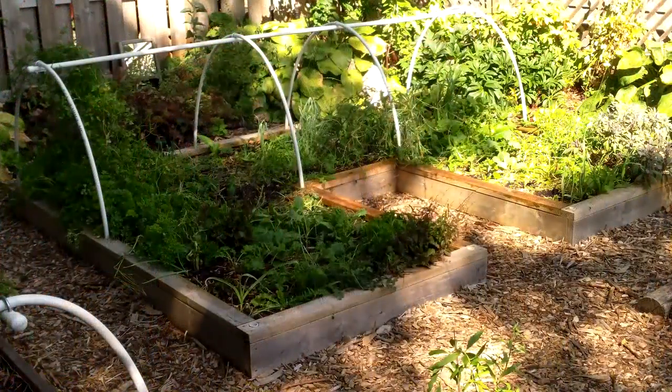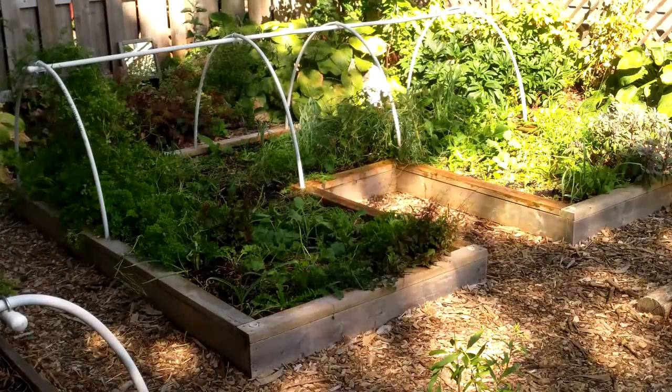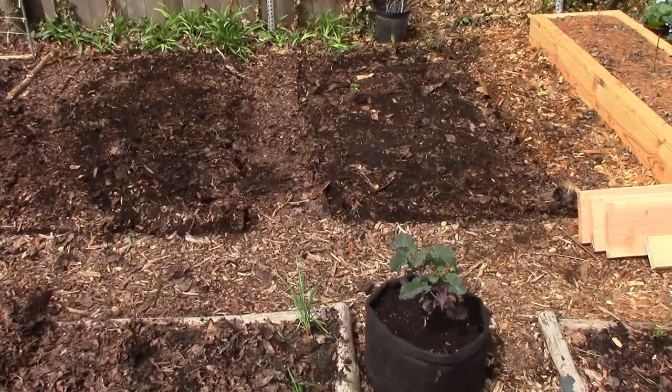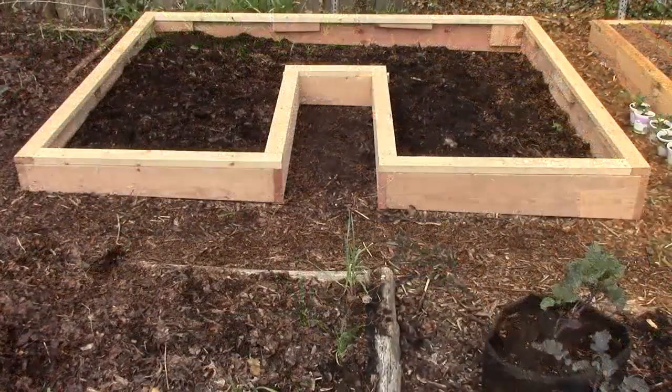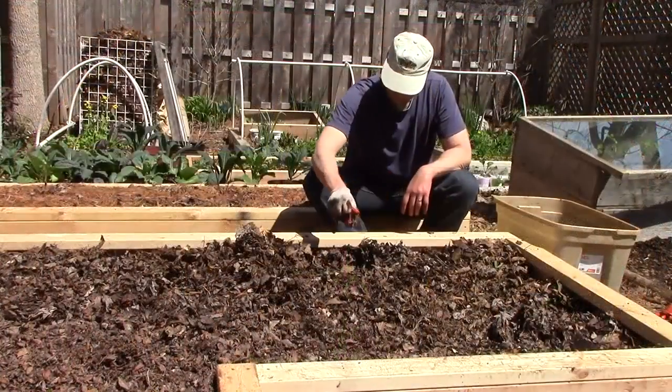Keyhole raised beds not only look great, they also make excellent use of limited garden space. I recently built a new keyhole bed that turned these two 4x8 beds with a walking path between them into a single bed with a keyhole inlet. Now half of the old walking path is growing space, but I can still reach every spot in the bed